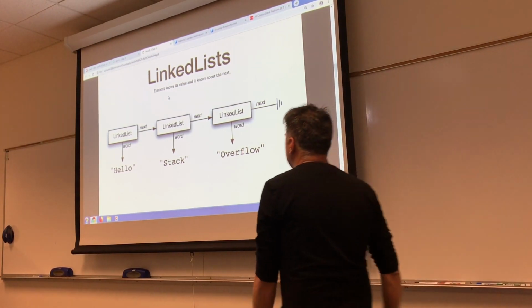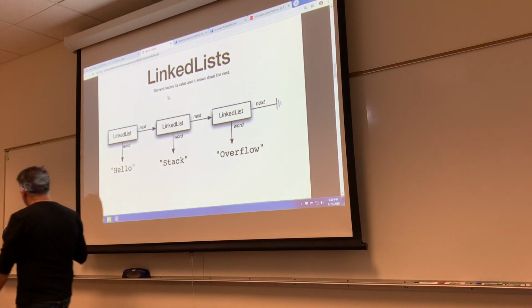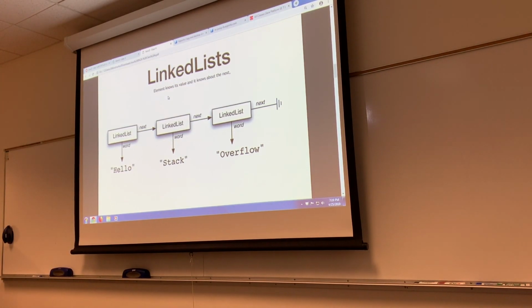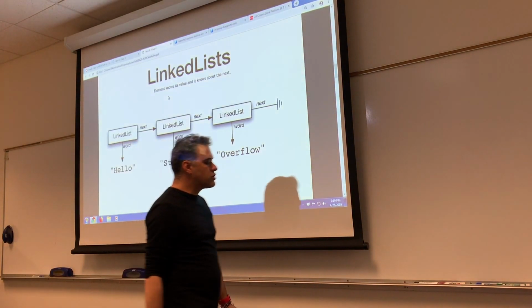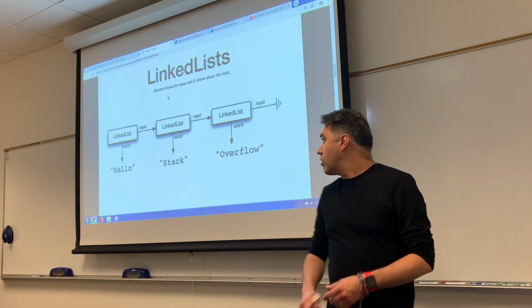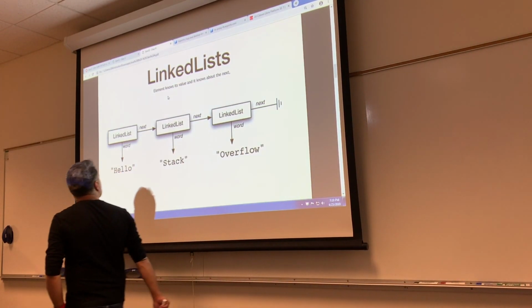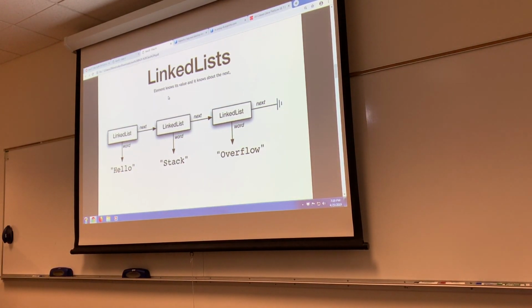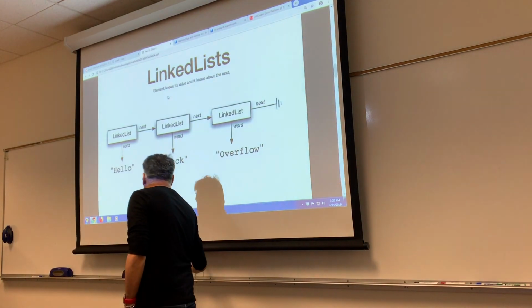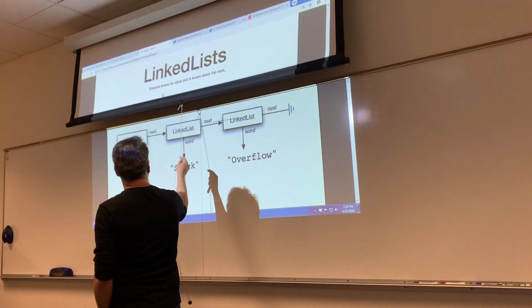Okay, so let's start with an idea. Our first data structure of today is a linked list. On a linked list, we were talking about arrays earlier, right? So just to re-review,